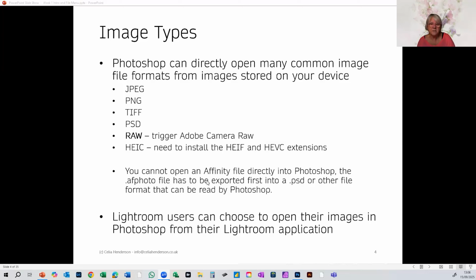Just a point, because I do teach Affinity as well with Mark. So if you're an Affinity user and you're here just to learn a little bit more about Photoshop as well, you can't directly open an Affinity file in Photoshop. You would have to export it first from Affinity into a PSD or other file format that can be read